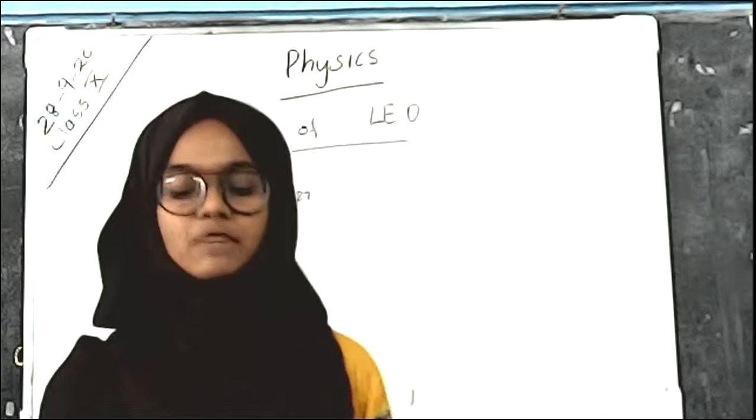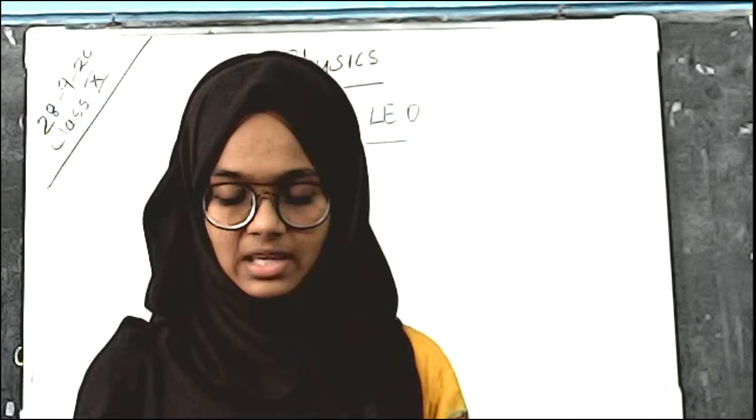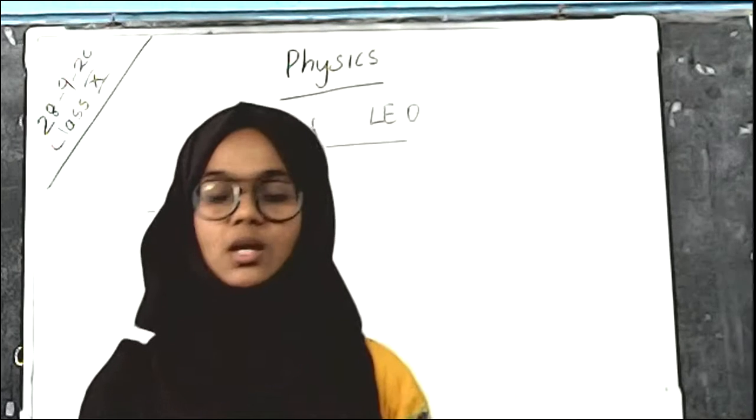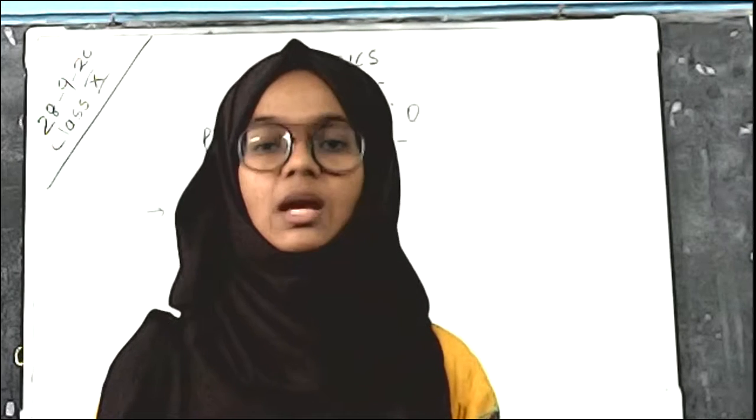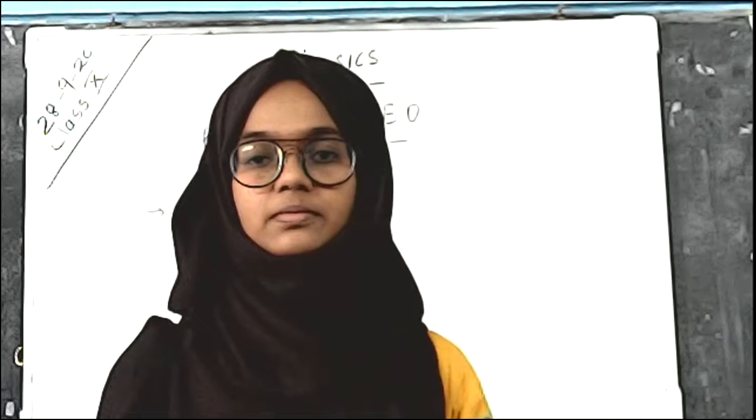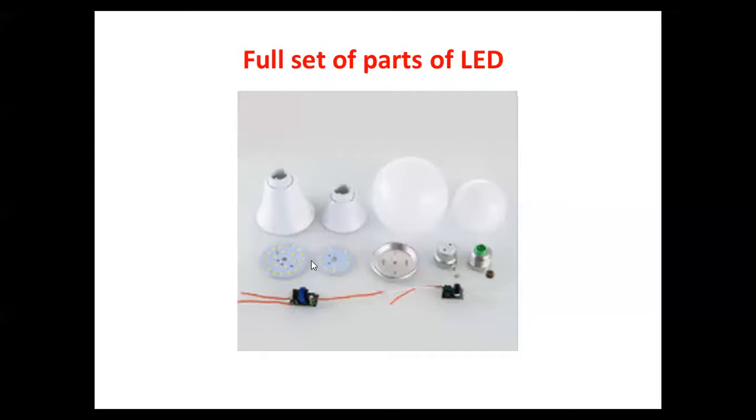And now we want to discuss the accessory tools required to make an LED bulb, through slides. This image shows the full set of parts of an LED bulb. In the previous slides, we saw each one with its function. This set has all of the LED parts, both small and big LED bulb parts. And the next slide.